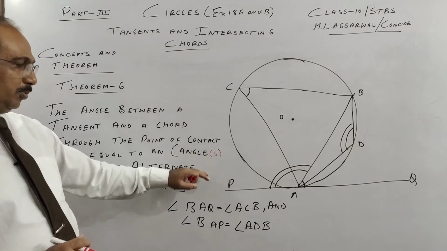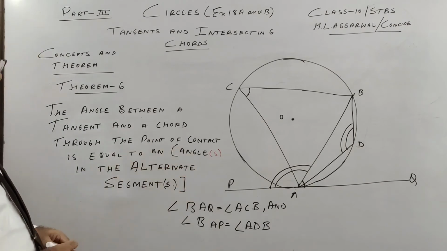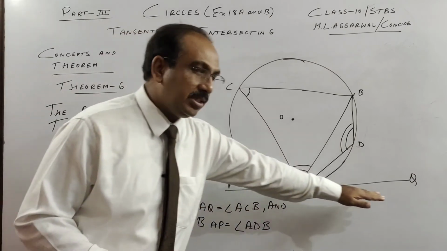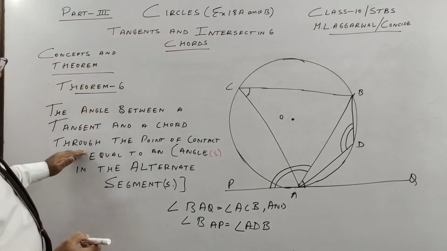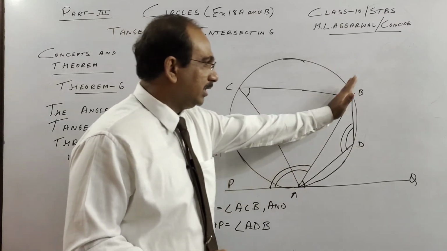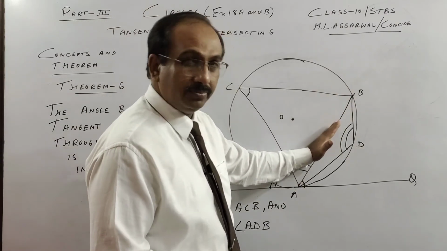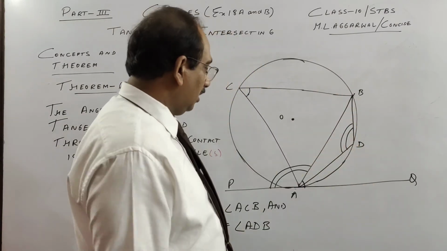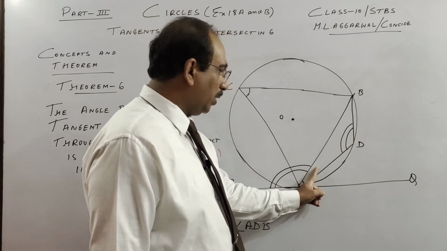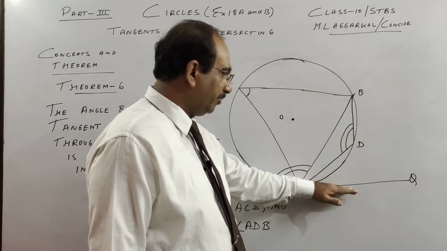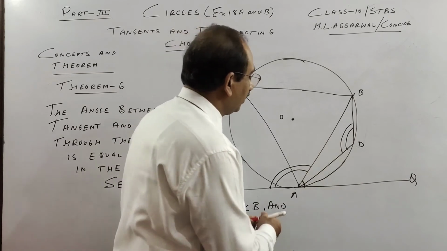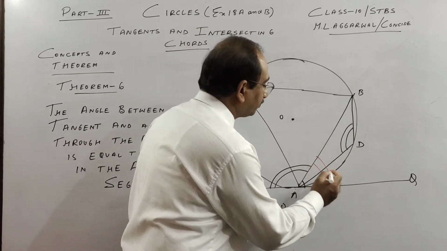I put plural, you can see, but the main theorem, if you see the book, what happens here, children? The angle between the tangent, there is one tangent PQ, and a chord. A chord is there, AB. So this is a chord and this is a tangent. They make two angles here. If you see one acute angle between tangent and chord, this one, what I marked with red.